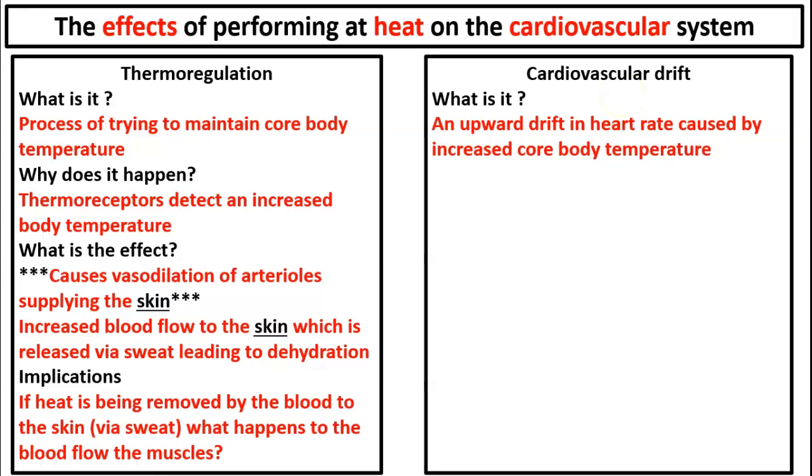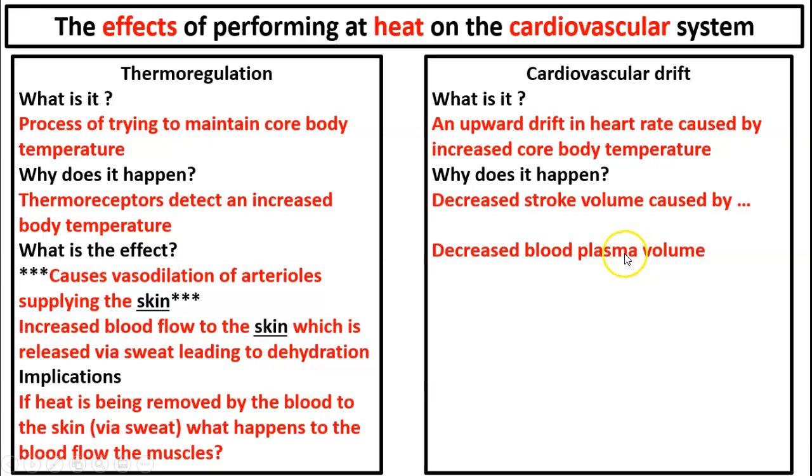It's not enough for us just to say that. We have to know why there is this sudden spike in heart rate when we are exercising at heat. And you will remember this process from when we did altitude: the reason why heart rate increases when we exercise at heat is because there is a decreased stroke volume. This decrease in stroke volume is caused by a decreased blood plasma volume, which directly links to what we talked about over here. So if I put this into a process, when we are exercising at heat, we have a decreased blood plasma volume, because the water within the plasma is moving to the skin.